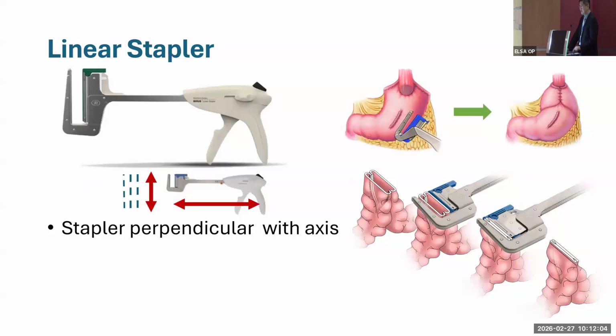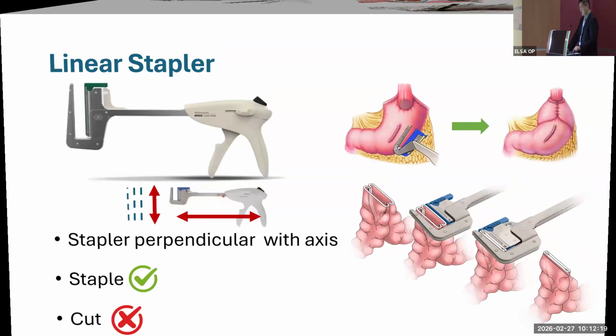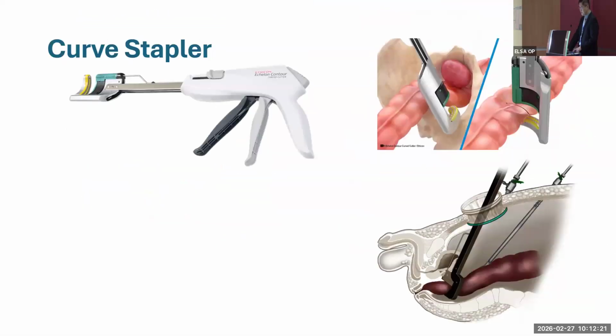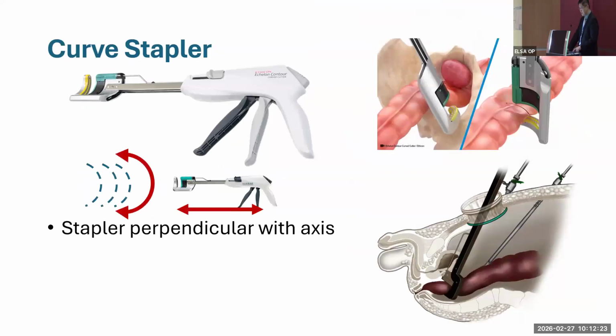It usually depends on how and where you want to put in the staplers to do. Sometimes you might need just now the previous linear one, and probably sometimes you might need this perpendicular one. However, you must know that this one usually you can staple, but you cannot cut. You need to cut it manually. Next, these are the curved stapler where you use it in your narrow cavity, such as your pelvis. Okay, this stapler can be used to cut and